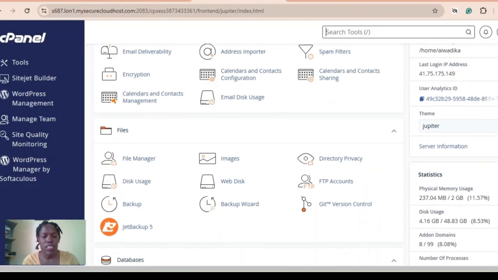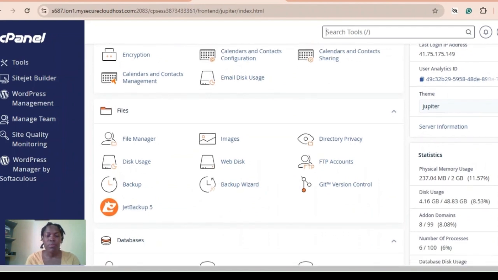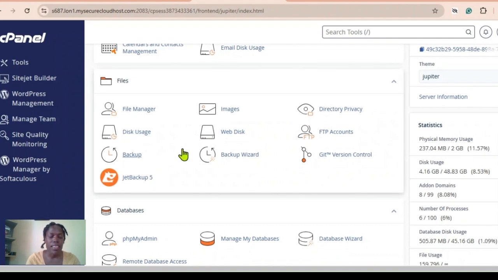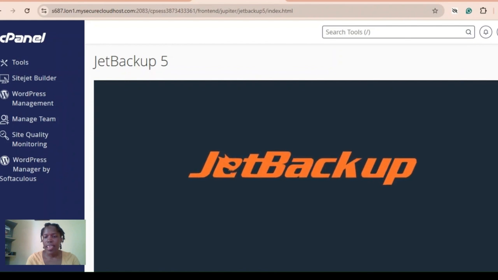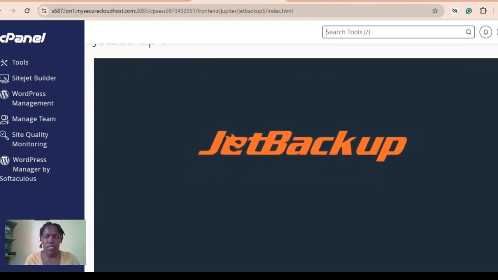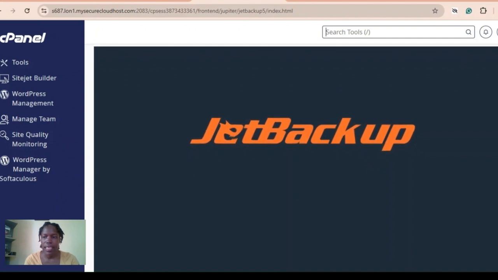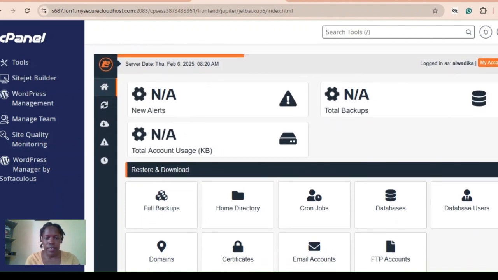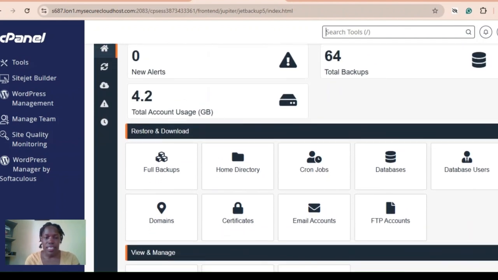So if you want to restore a backup point from your website, you just go to the file section right here where my cursor is, and then you click on Get Backup 5. So let's click there and see what happens. Okay, just a moment, it's going to open up and display the different backup points. So here we are. They're saying restore and download, but our main focus is to restore a point. So you just click on full backups,